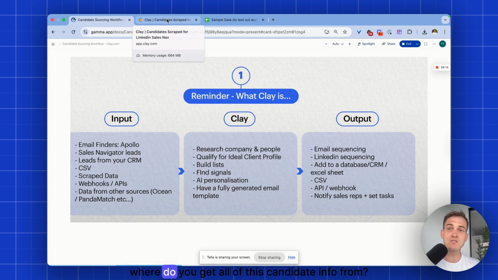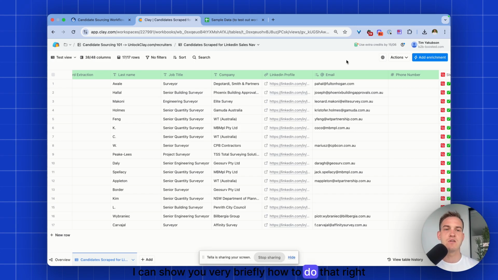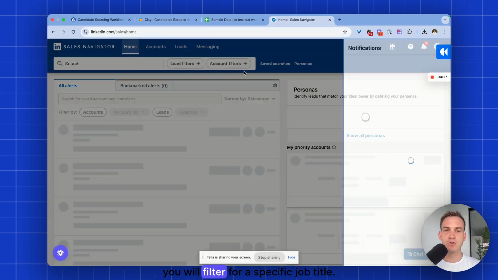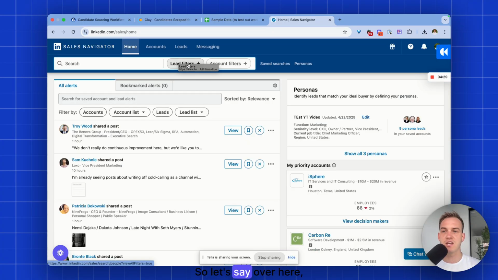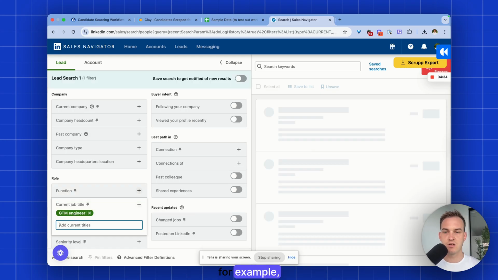So the first question is, where do you get all of this candidate info from? Typically, you would get it from Sales Navigator. And once again, I can show you very briefly how to do that right now. So all you'll do is you'll go on Sales Navigator. You will filter for a specific job title. So let's say if I'm looking for a GTM engineer, for example, all I need